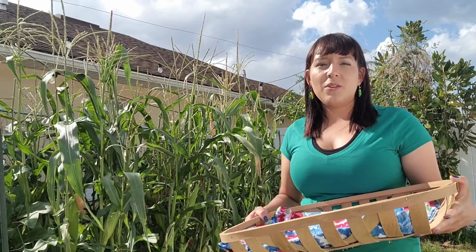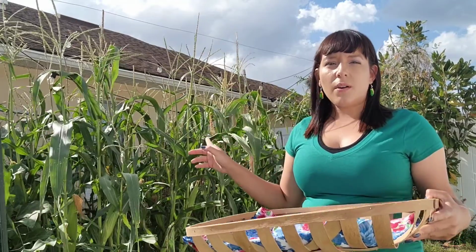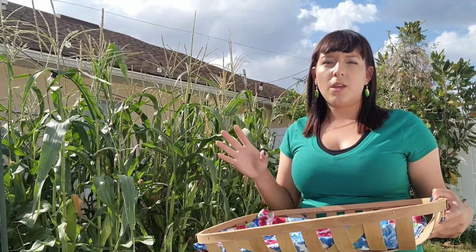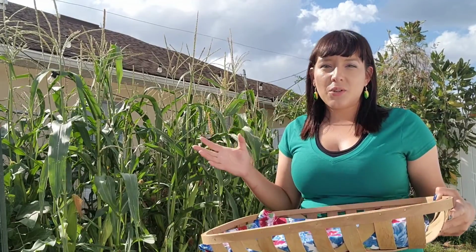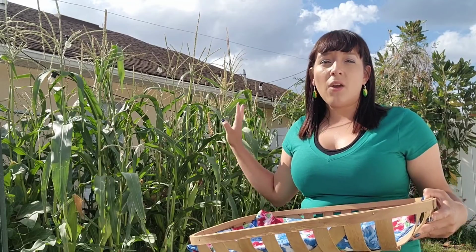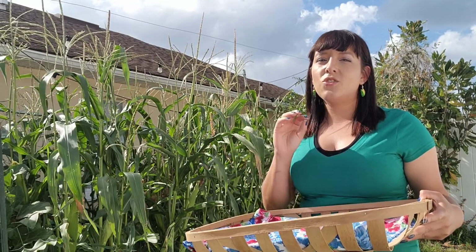Today I wanted to bring you along as I harvest all of my sweet corn. Corn is one of those crops that I highly recommend you try growing yourself. Once it's harvested, it loses a lot of its sugar because it converts over to carbs. So the corn that you buy in the grocery store has lost a lot of its sweetness. By growing my own corn, I get to harvest it when it's at its peak sweetness and enjoy all of